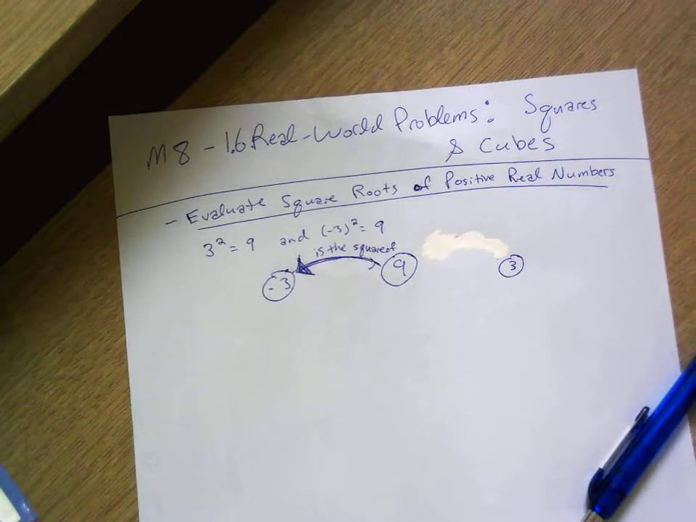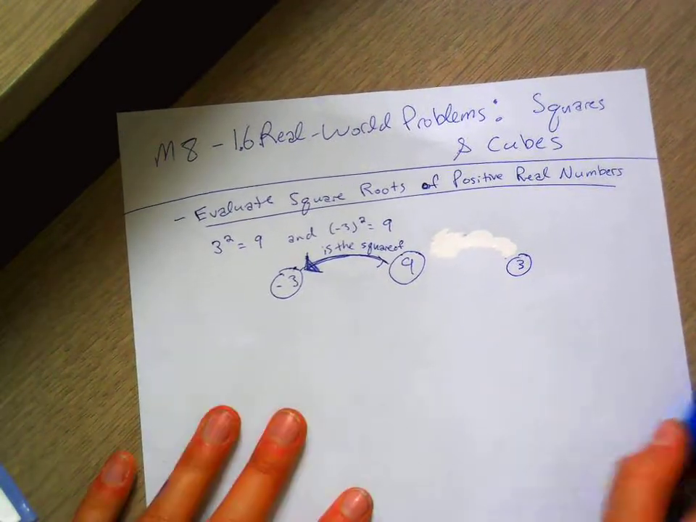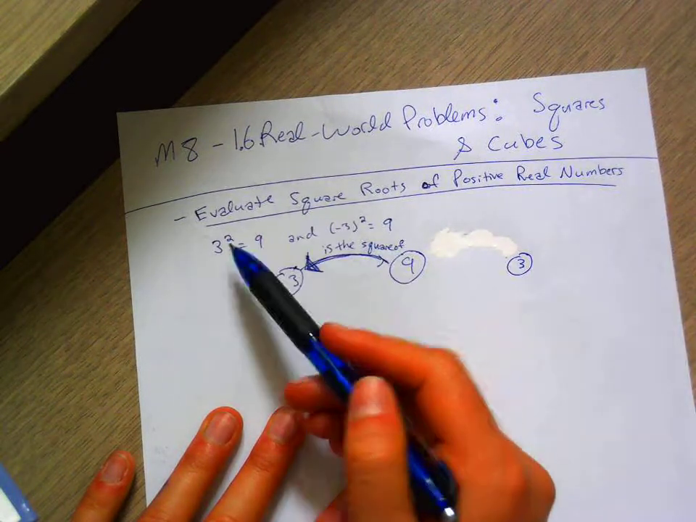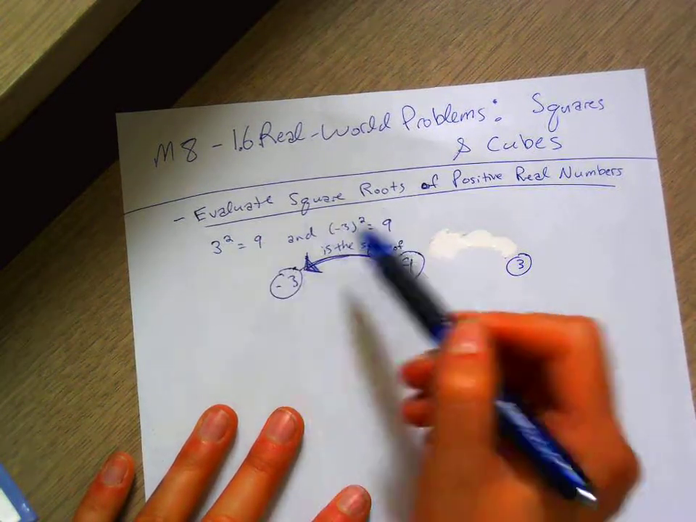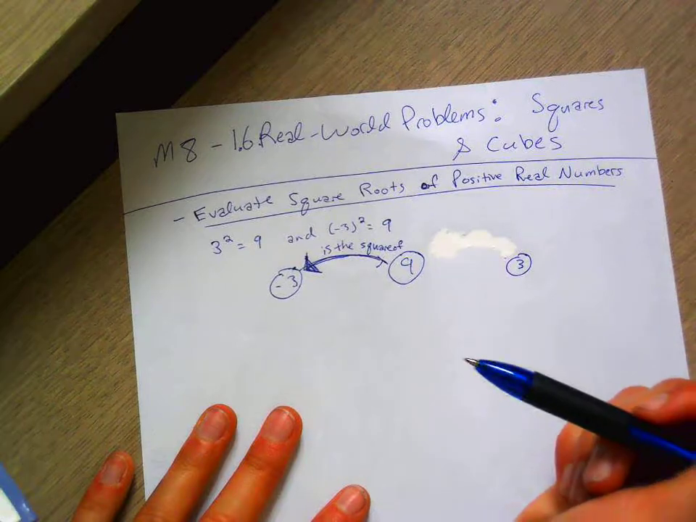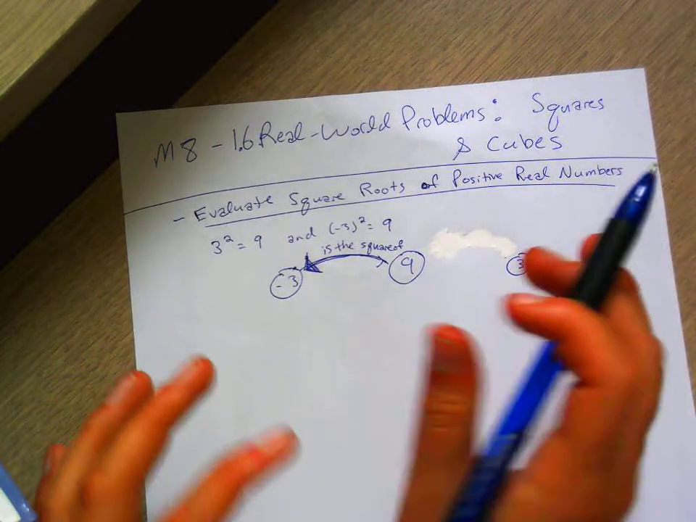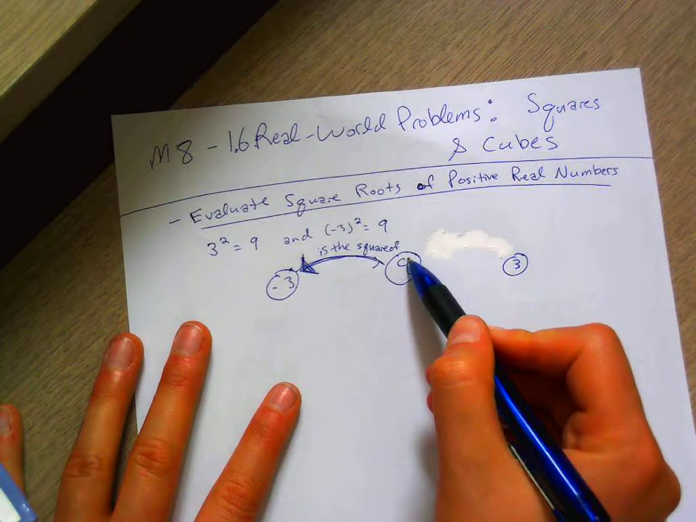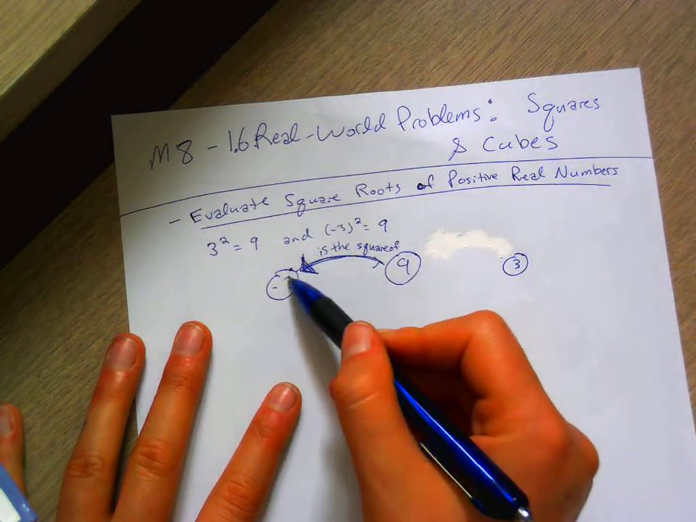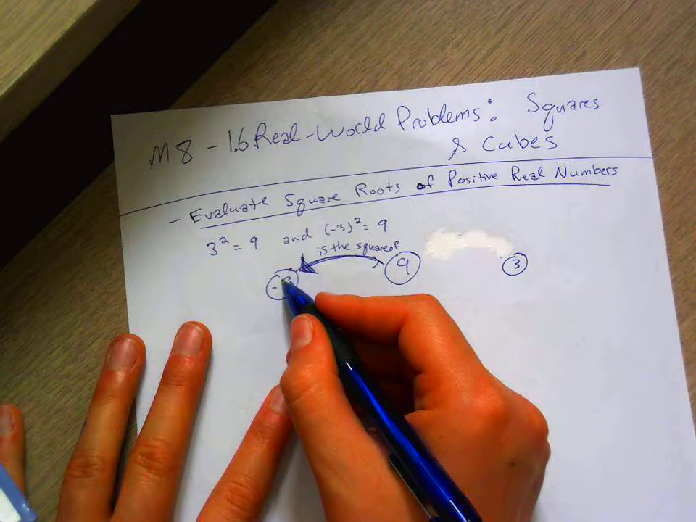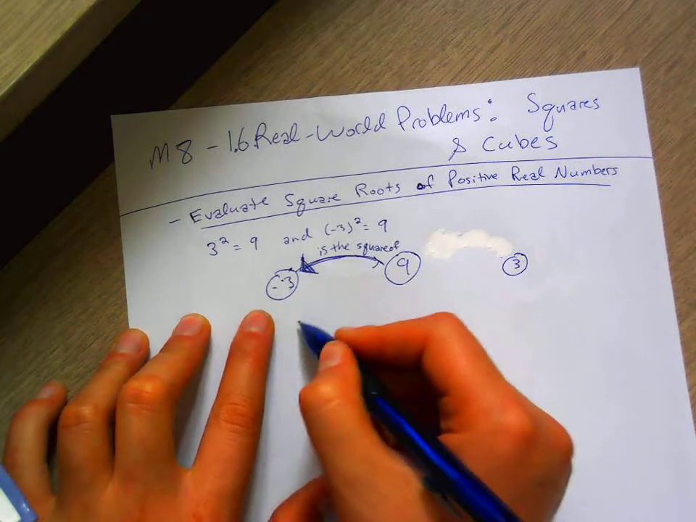Evaluate square roots of positive real numbers. We're evaluating things such as 3 squared equals 9, negative 3 squared also equals 9. You guys have learned this and we know it, but we're going to be talking about the signs that we're using here. So 9 is the square of negative 3 because negative 3 times itself, negative 3, equals